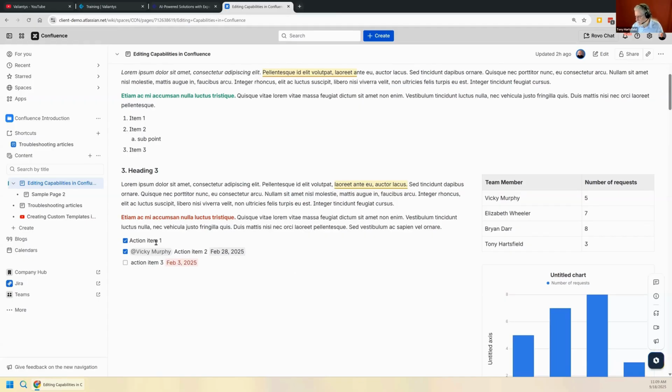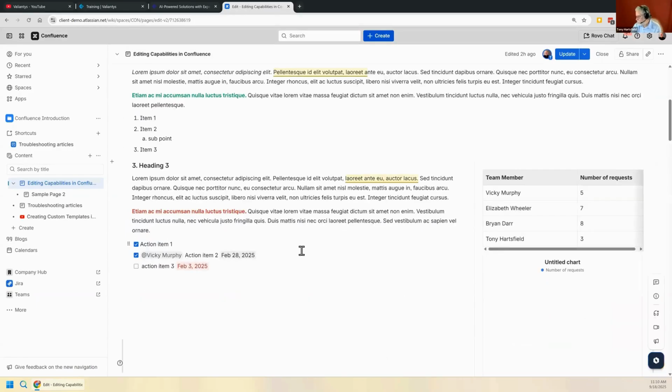There's something called action items, which we use in our meetings with clients. At the end, when we're collecting what needs to be done, you can put in the action items, even mention somebody, and when you mention somebody, they get notified. Depending upon their settings, they may even get notified via email, but they certainly get notified in app. And you can have set dates on there. Let me actually open this up into edit mode and show you